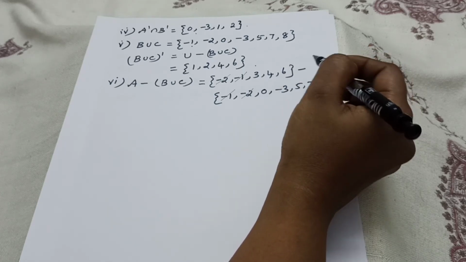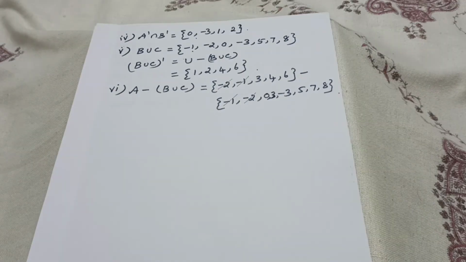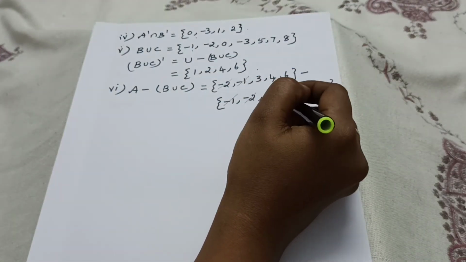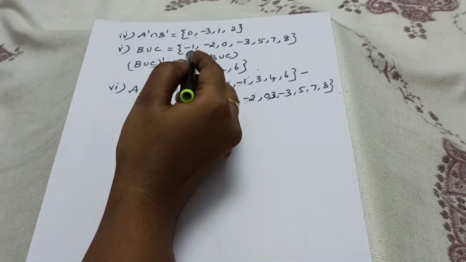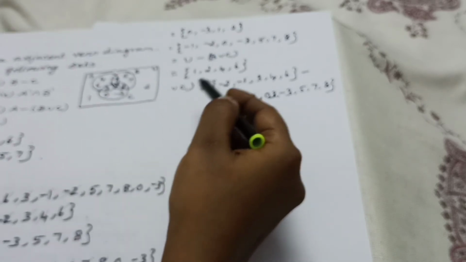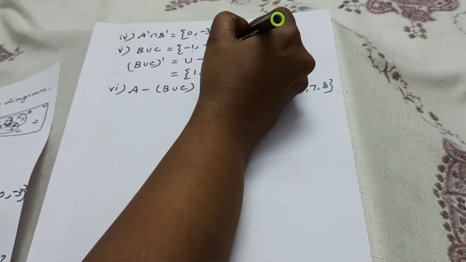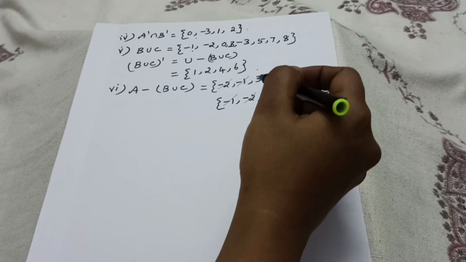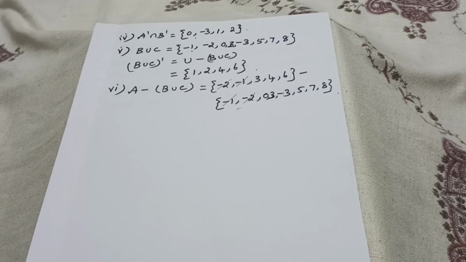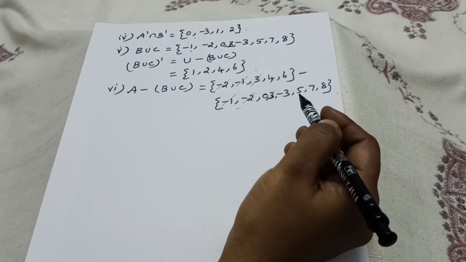6 and 3. The 3 is in B union C. Whether 3 is in A set? Yes, isn't it? B union C, already we wrote minus 1, minus 2. Shall we check? Minus 1, minus 2, then minus 3 is there, 0 we wrote, then 3 we did not write. 3 also we have to write. So B union C is minus 1, here 3 also will come. So this 3 also you have to cancel.